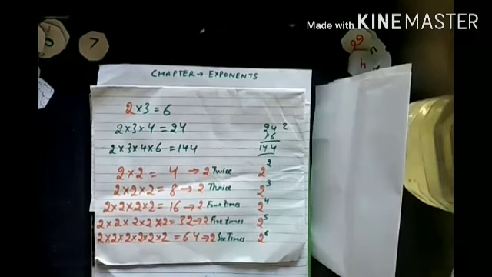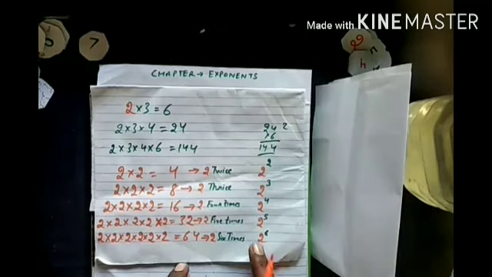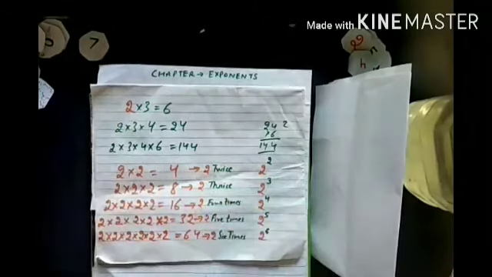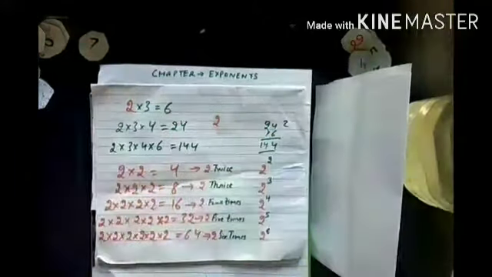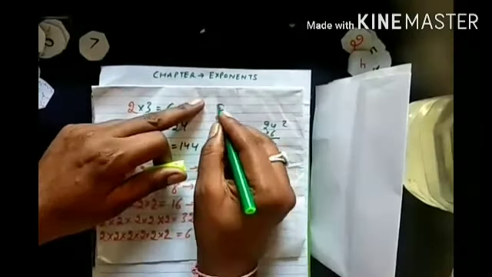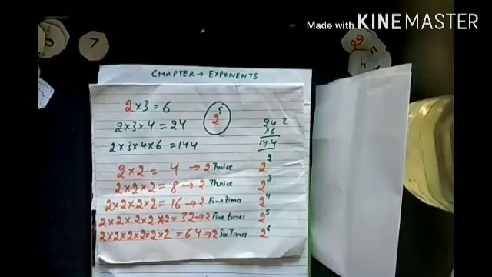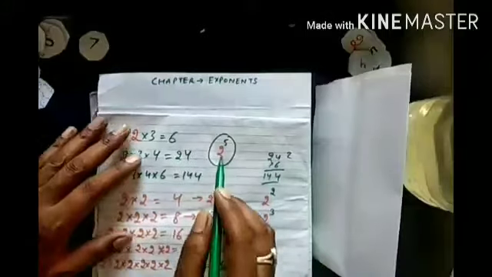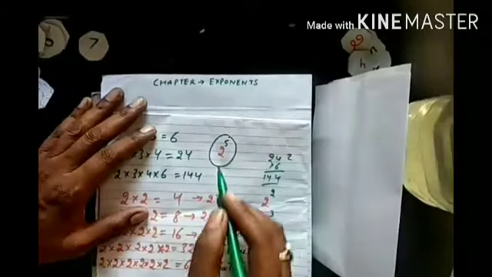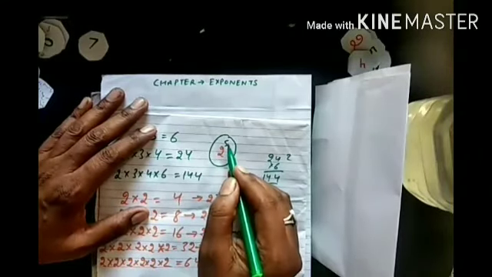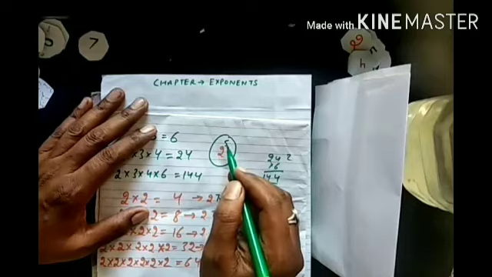I will pick any one of these. Here I will write it 2 power 5. Now this is the form we have to deal with in our topic. Now here two digits are there. The digit in the orange color is called base and the digit in the green color is called its power.